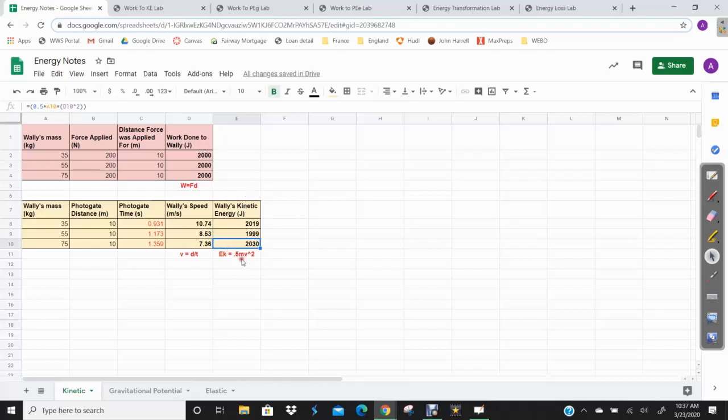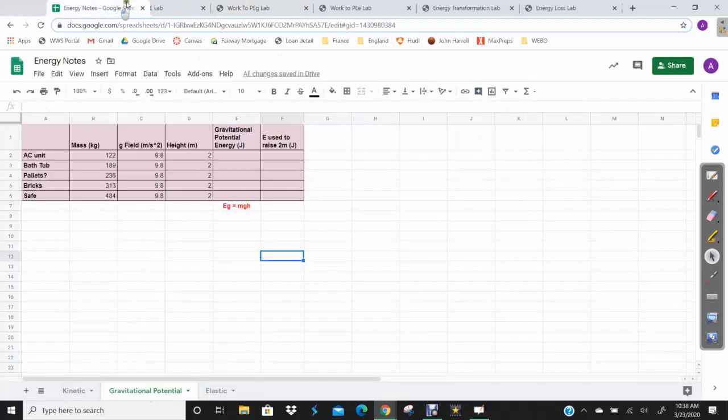So the kinetic energy of the object is based on the object's mass and speed. Okay, so when we increased the mass and applied the same force for the same distance, Wally's speed decreased as the mass increased, and therefore his kinetic energy would stay about the same because you're increasing mass, but you're decreasing the speed, okay? Let's go ahead and look at our next